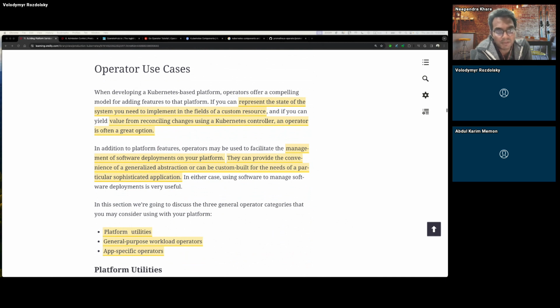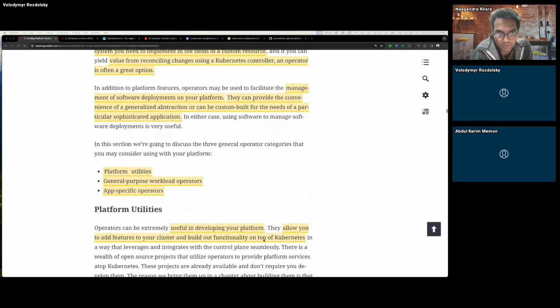As you install Istio, it would create this object of virtual service, for example. Along with that, it is also going to install a controller. So there are two parts when you install these CRDs. One part is creating the objects, and the second part is installing the controller as well.